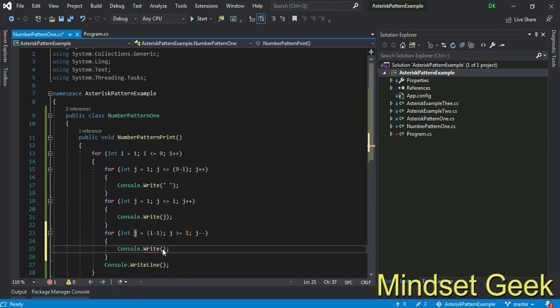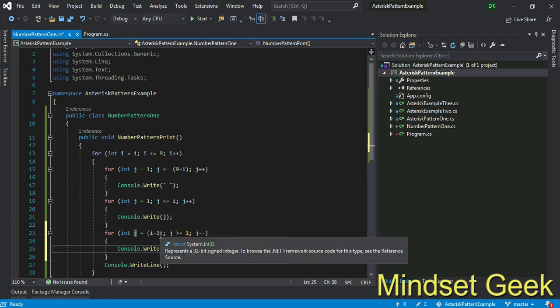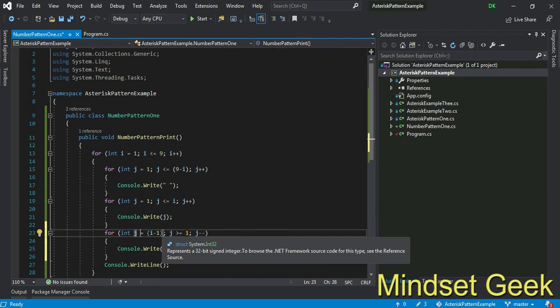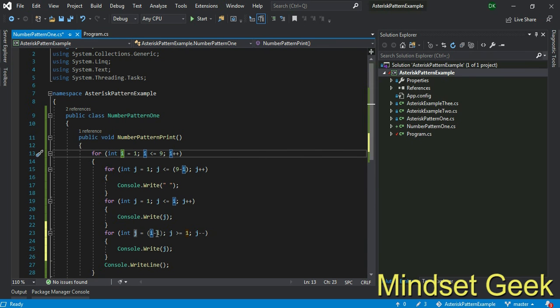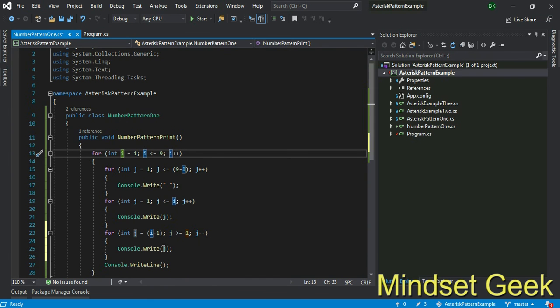We should use J. Okay, again check your condition. First J is assigned I minus 1. First I is 1, then J will be 0, right? Then check 0 greater than or equal 1, that is false. This will not run, right?